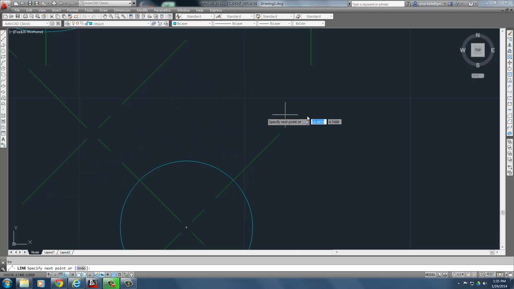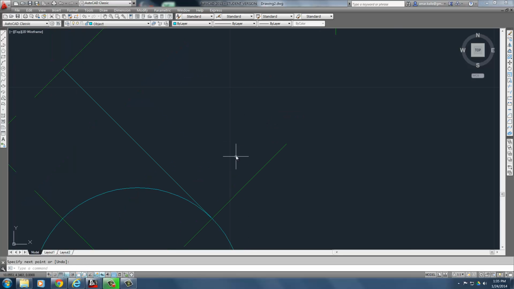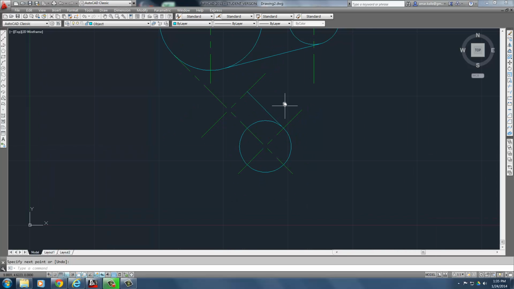And notice it stays tangent. It's waiting for me to tell it where else to go. And where do I want to go? Do I got endpoint? No. Do I want to go to midpoint? No, I want a PER, perpendicular. And guess what? No matter where I pick this line, it knows it's perpendicular. So I can pick it down here, and guess what? Boom. It goes to perpendicular. Right click accepts it. So you notice it automatically draws a line to perpendicular. Okay? So I did what it